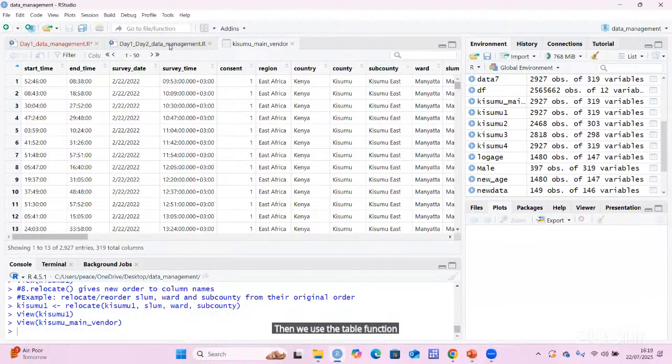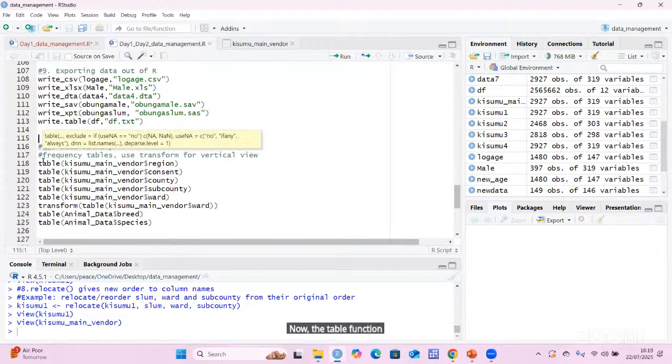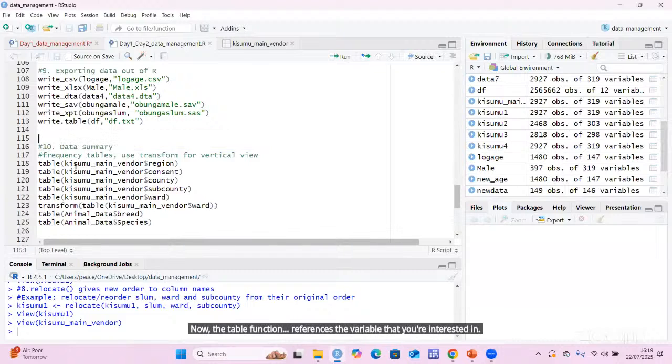And how does the table function work? The table function references the variable that you're interested in, starting from the name of the dataset where it belongs. For example, this line will summarize how many regions are in this dataset. But you need to specify the name of the data frame, again, because there are many here. And after that, you use the $ to refer to the variable inside there. So if we run the table here,